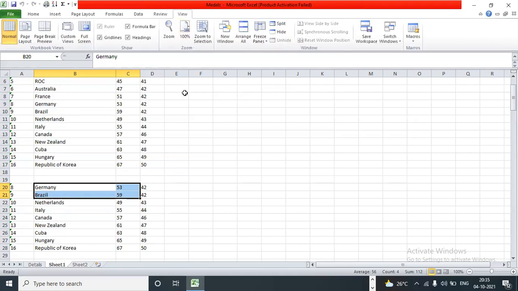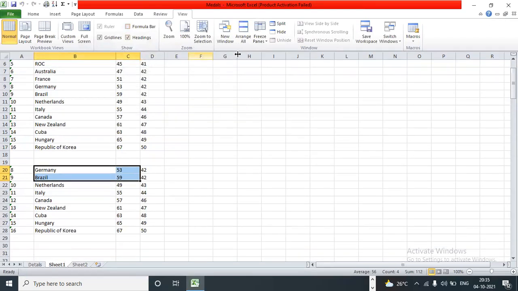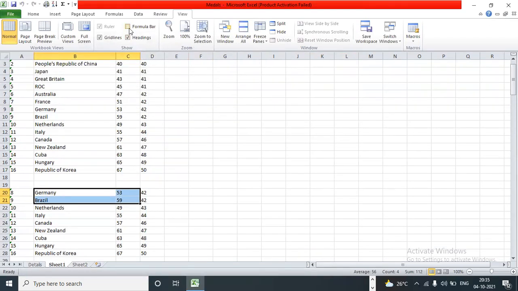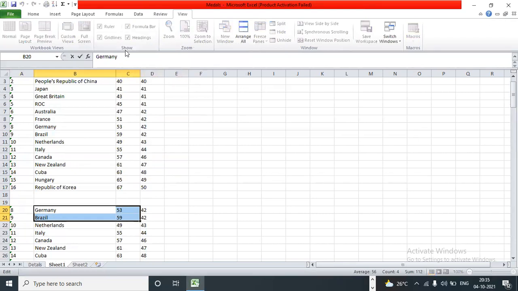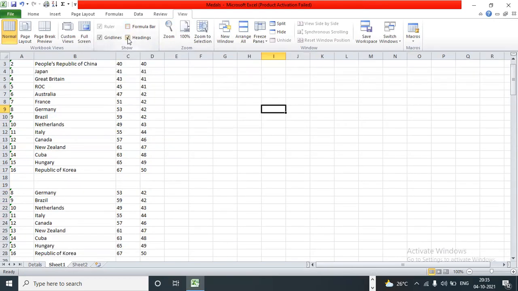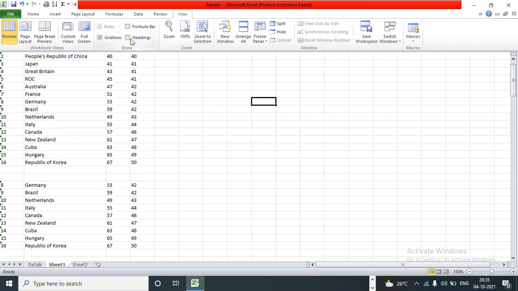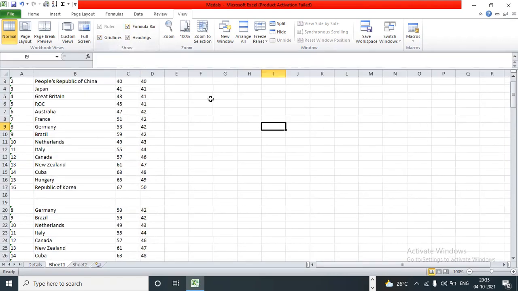Now coming back to the view. If I select this particular option, can you see any formula bar? No. This is called the formula bar, so you cannot see it. If you are not able to see it in your Excel sheet, just go back to the view option and you can change the things. You can close everything, grid lines and everything. It looks like white paper. So it completely depends upon the view options you are using. You can zoom in, zoom out, and freeze. I will come to freeze later.